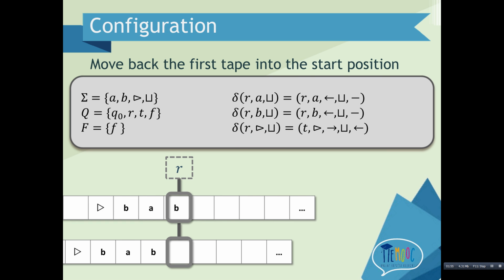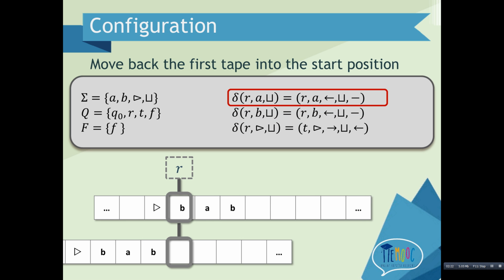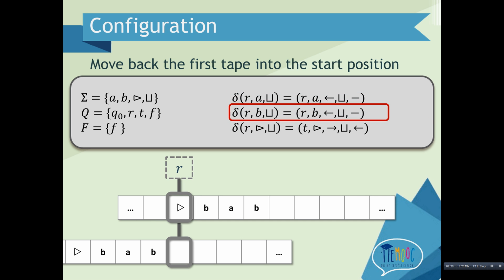So we are in the second big part of the algorithm, where we move the first tape back to the start position. In the first tape there is a character B, and in the second an empty char, so we move the first tape to the left. In the first tape there is a character A, and in the second an empty char, so we move the first tape to the left. And left again. Now we are in the start symbol on the first tape and above an empty char on the second tape. Change into the T state